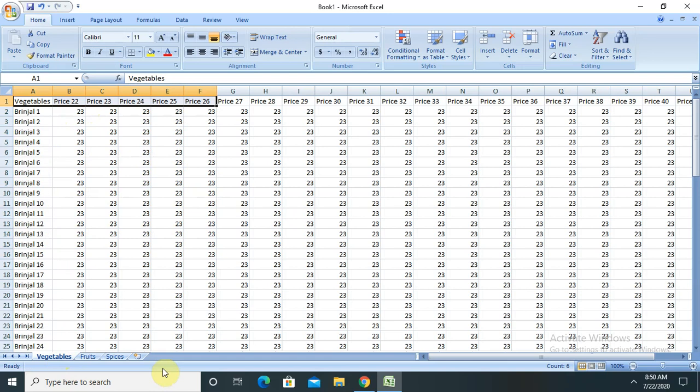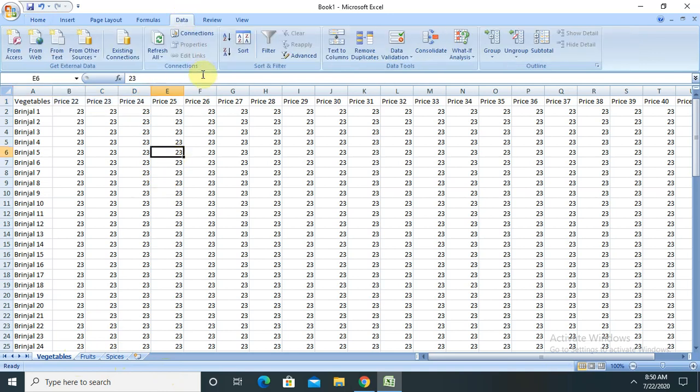How can we consolidate all 3 open worksheets? Open a blank worksheet just like this, enter some data, and in the Data tab you will get an option of consolidate.